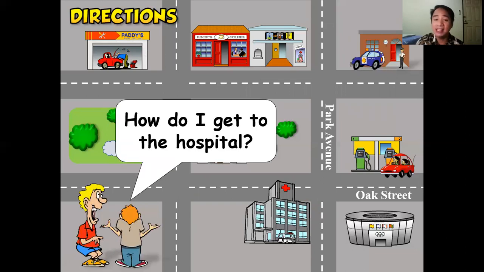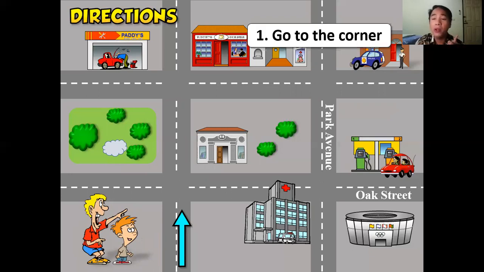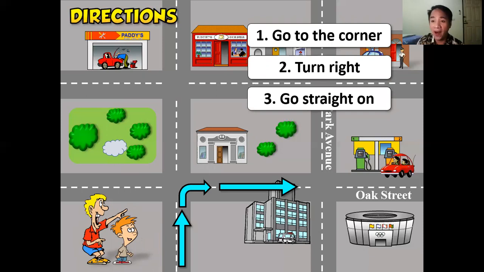How do I get to the hospital? So when you give instructions step by step, step 1, follow the arrow. So you have to walk straight on 1 block, go to the corner, and then you are going to turn on the right side of the road, and then walk straight, go straight on,